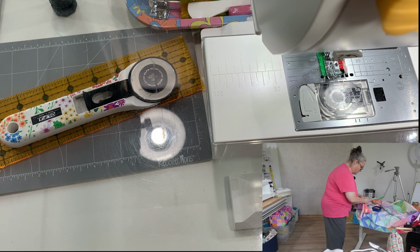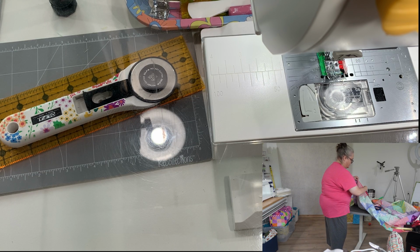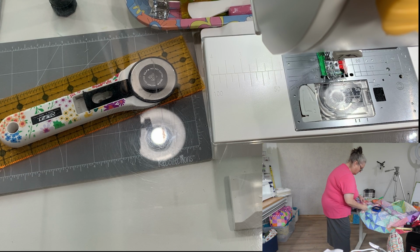Moving around a little bit better today. As y'all know, my mobility's been in question, but getting along okay today. My back is still bad, but